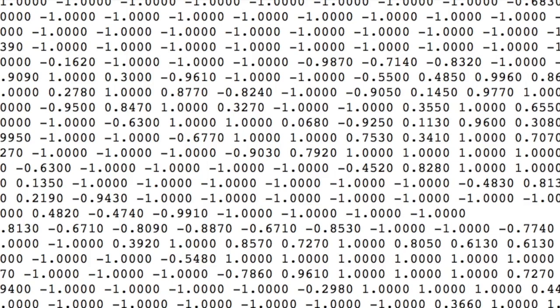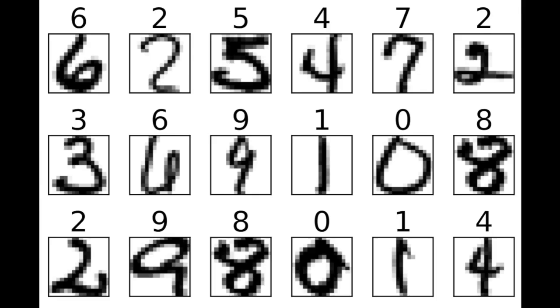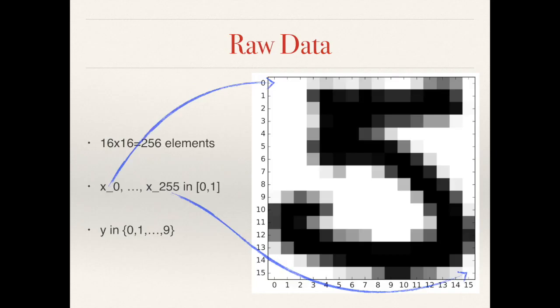After we have downloaded the file, I think I need to talk a little bit about what the file is. Each row in the file contains 256 numbers, and each of the numbers represents the brightness of a pixel in a 16 by 16 image, and each image is a handwritten digit. The task is to classify what the digit is using this 256 dimension